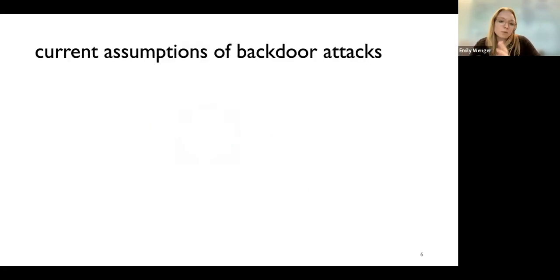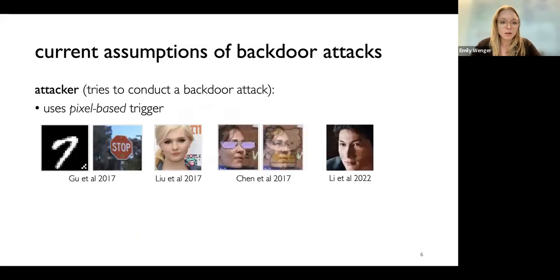However, I'd like to point out a few current operating assumptions of backdoor attacks, which I believe may be limiting the research focus on this particular threat vector. The common assumption in much of the backdoor literature is that an attacker will use a pixel-based trigger when we're thinking about an image classification setting.